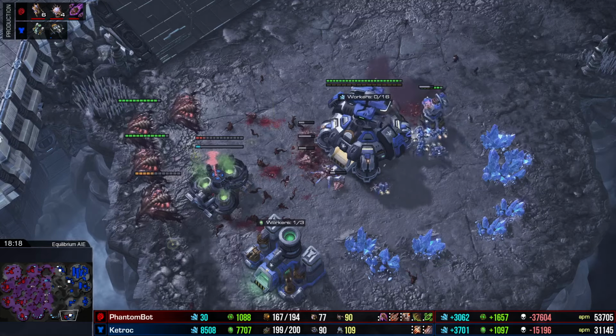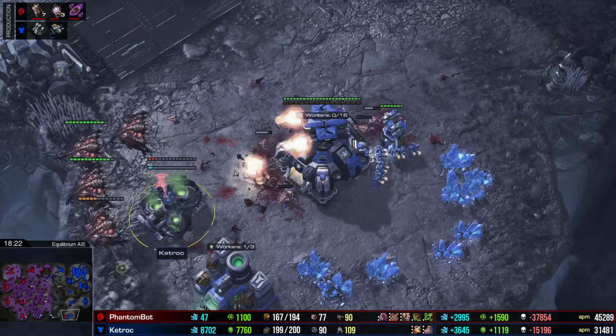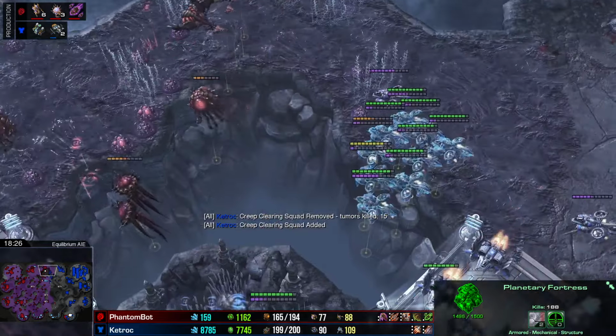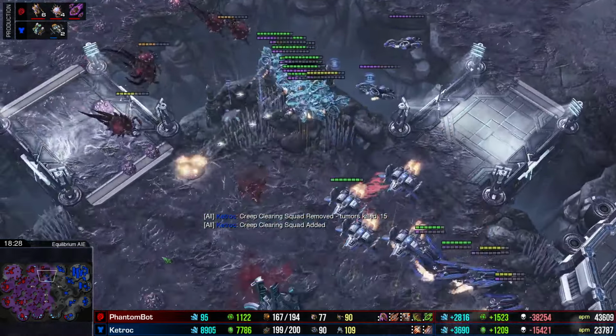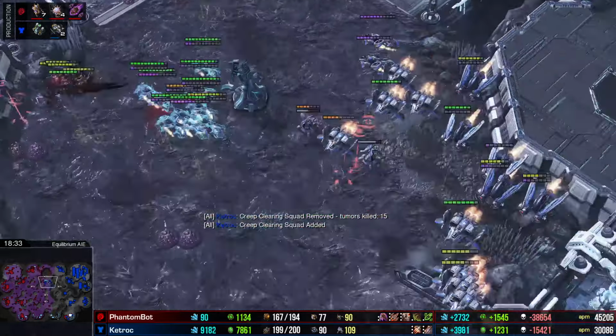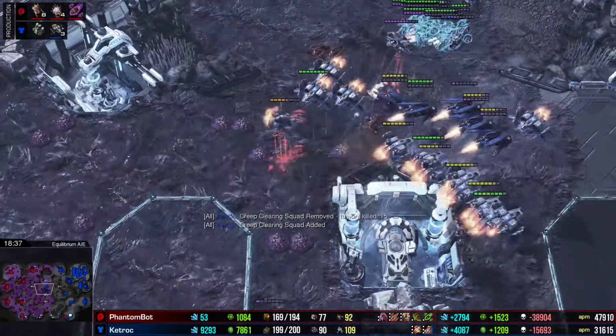SCVs are kind of transferring into the gas. Could make them targets. Not really, no. They're just going to keep attacking this planetary, because why not? Now, Banshees, Vikings still doing a lot of work. Resources lost drastically down for PhantomBot. It can try, but it just can't deal with the micro of these Vikings, of the Banshees, then just the